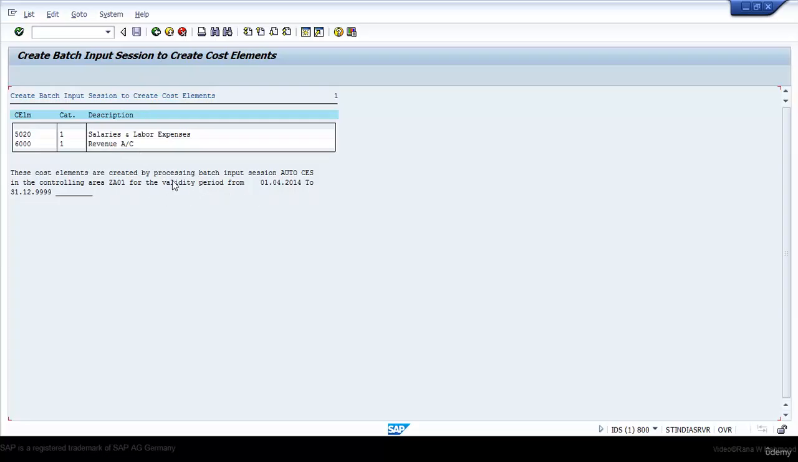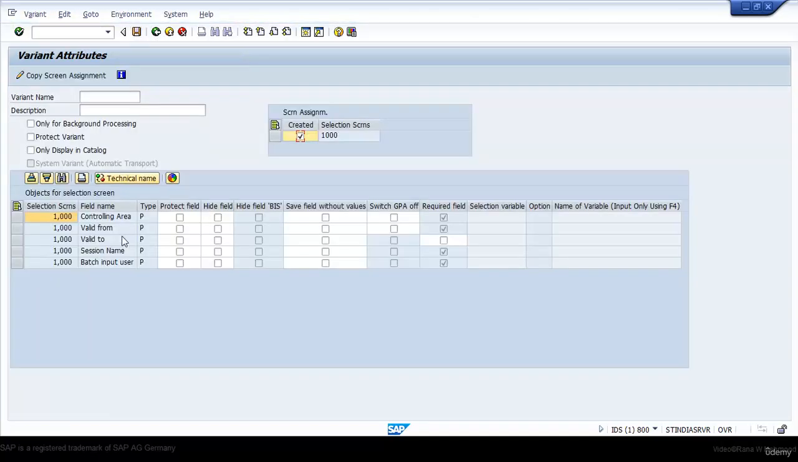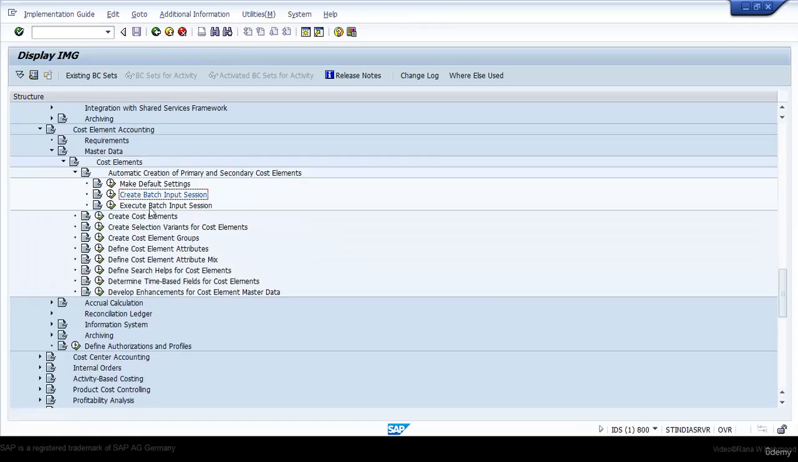Okay, so it is giving you the option. These are processed by processing in the controlling area from 1299. If you want, you can create the variant. Now the batch input session has been created. Now you have to execute the batch input session. Execute,